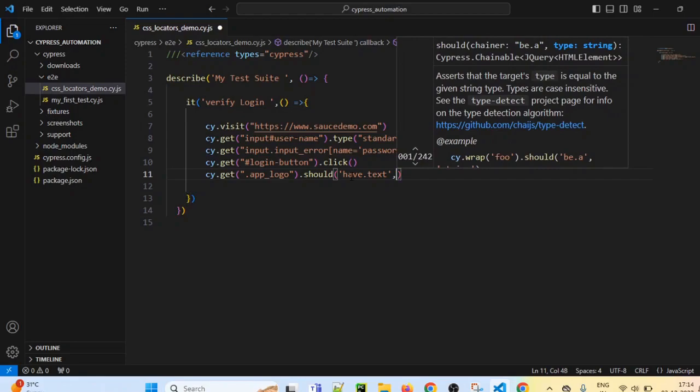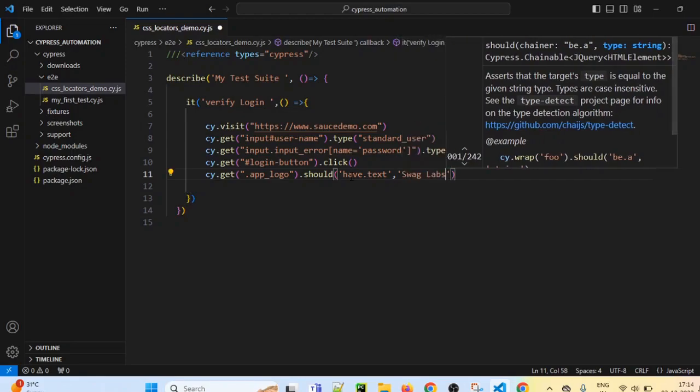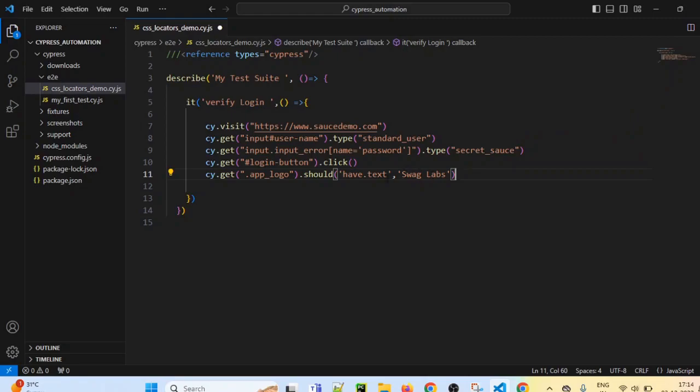So we are expecting the value as Swag space Labs. So this is the value we are expecting. If you find this value, that means we have successfully logged in. So this will validate our test case. So I am just saving it. So now we have written the test case.